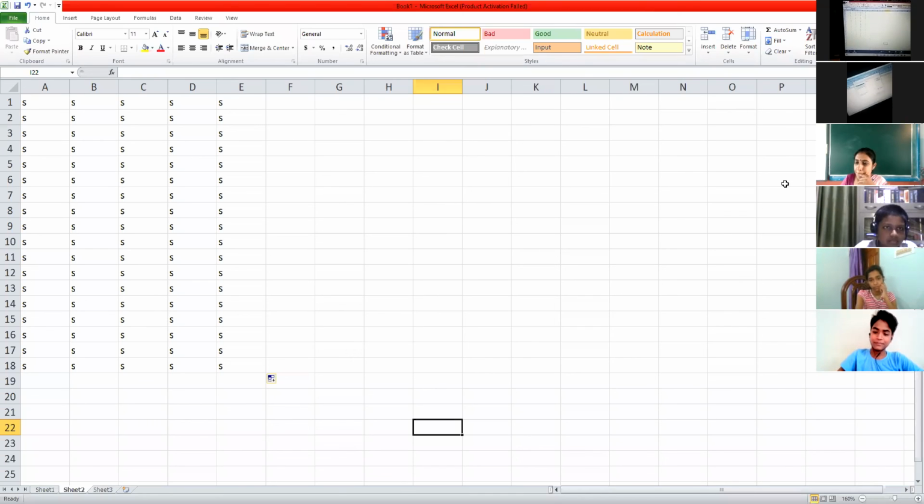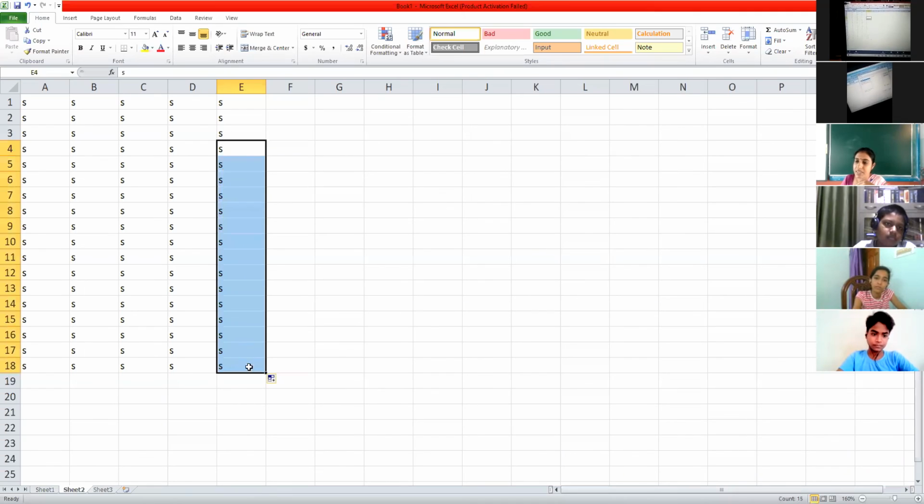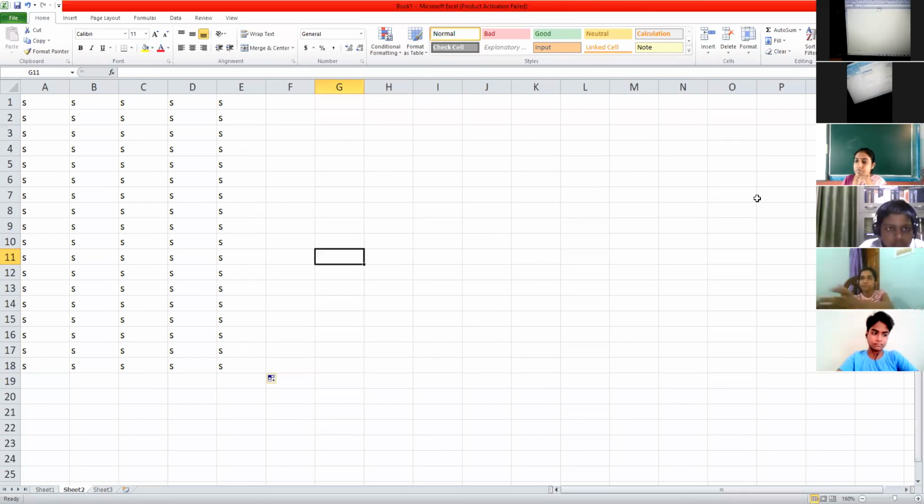Ma'am, what is this import list from cells? Import from cells means that if you have typed a list there in the cell, and later you realize that you will have to use this again and again, you don't want to type it again in the custom list. So I will select that particular range, go to custom list, and click on import. Whatever range I have selected, all that data will be imported into that custom list. Okay, ma'am. Understood? Okay, thank you, ma'am.